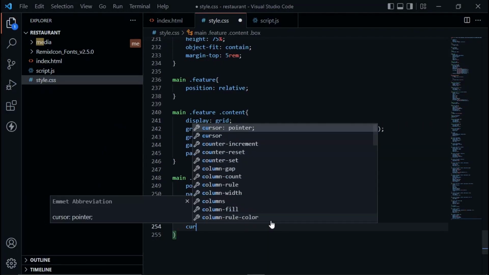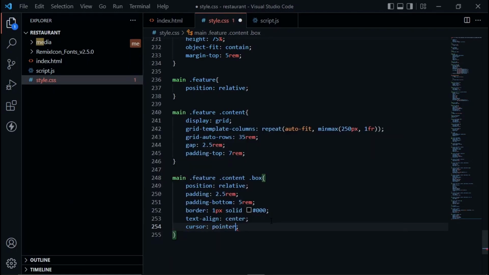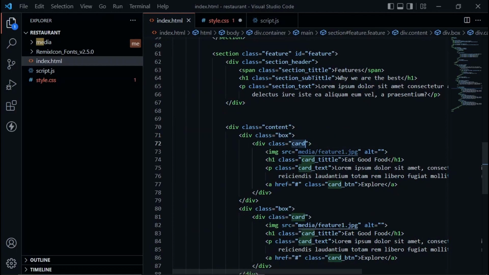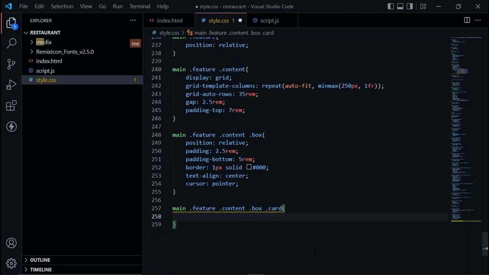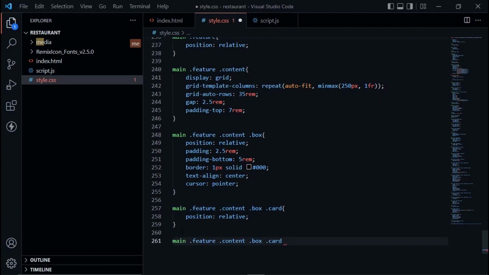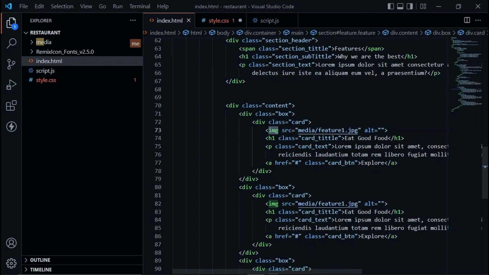And here we will use cursor pointer, and after that we will copy this line, and we will copy this card class and style this card. So the position of this card also will be relative, and here we will copy this line, and after that we will style the image in our card. So here we will copy this image tag,